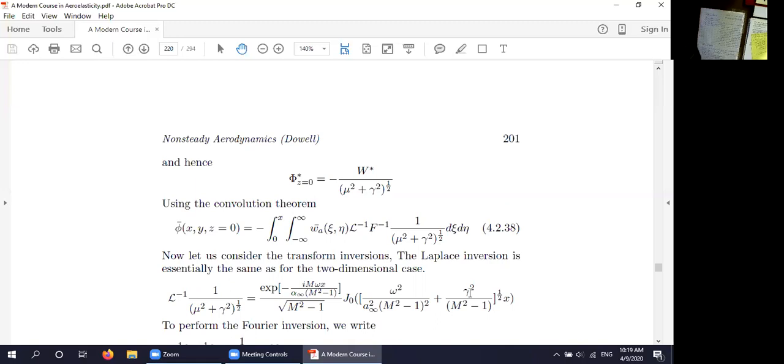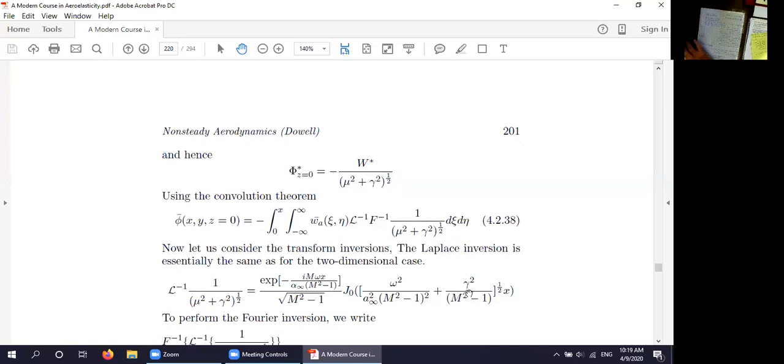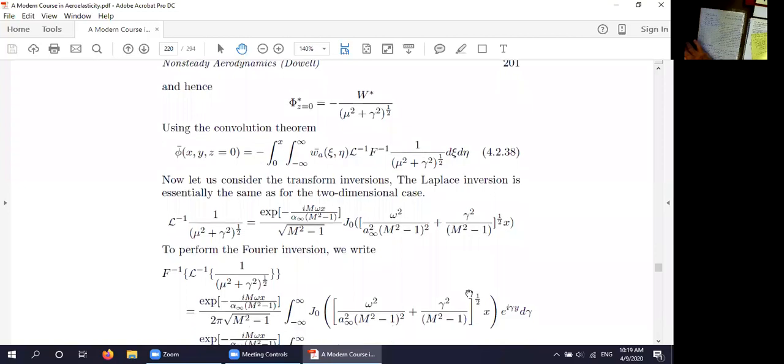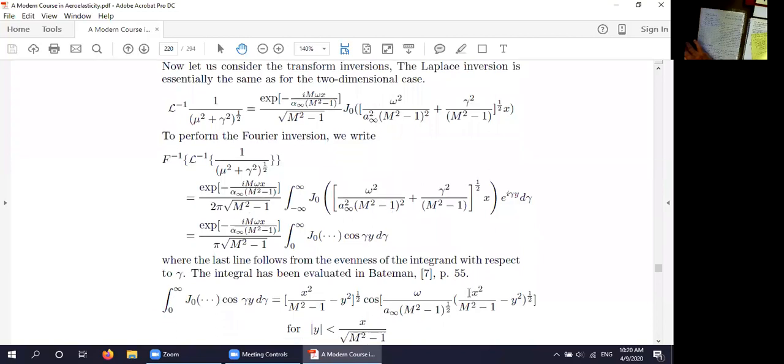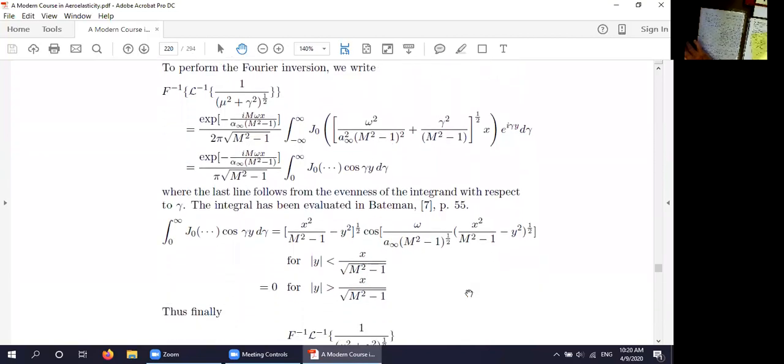And where do we find this result? Well, we looked it up in Bateman's book on transforms. It's actually the same inversion we did before if you take into account the factor gamma. And then we need to, of course, go ahead and take this whole thing and invert it now with respect to the span-wise Fourier transform variable, gamma, as we need to take the inverse of all that. And this goes through some details of it, which I won't bore you with unless you really want to know.